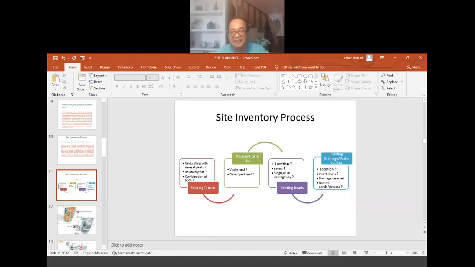For example, there is an existing row of shop houses just beside our proposed site, and of course for those shop houses there will be certain levels, so that would come in handy when we are trying to propose the levels for our site, right? So moving on from here,